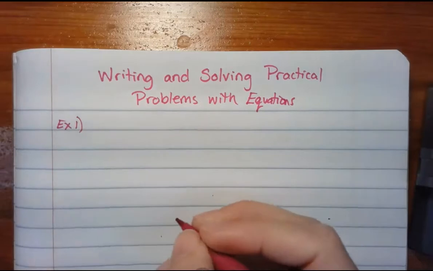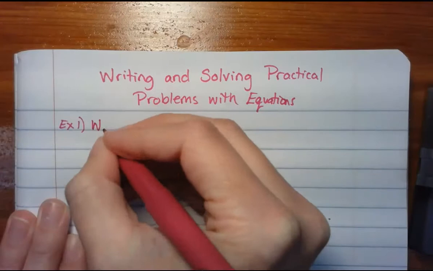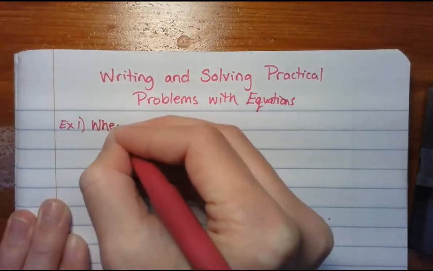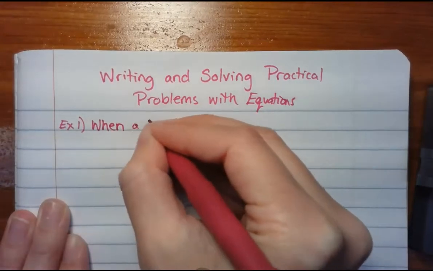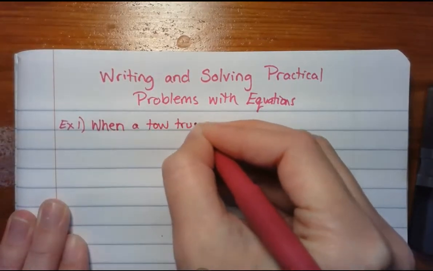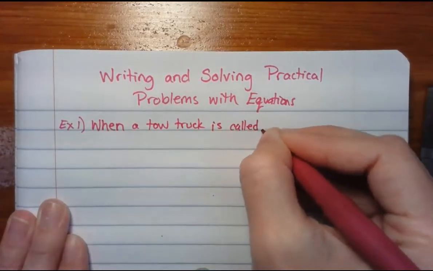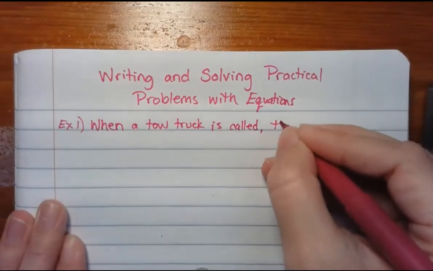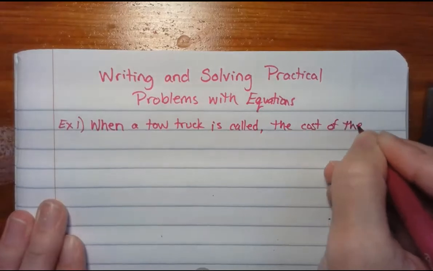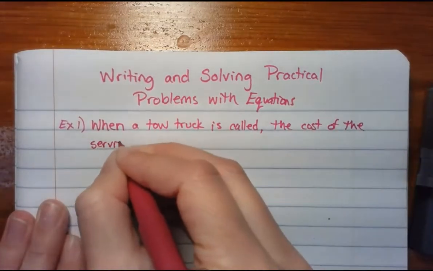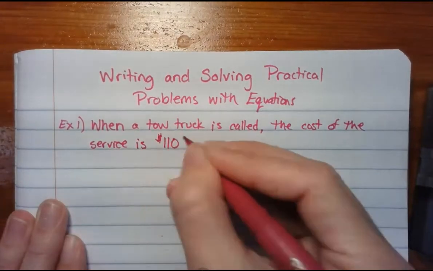Example number 1. All right, so hopefully this has never happened to you, but once upon a time when I was in college, my best friend's car got towed, and so we had to call a tow truck. So when a tow truck is called, it's not cheap. The cost of the service is $110